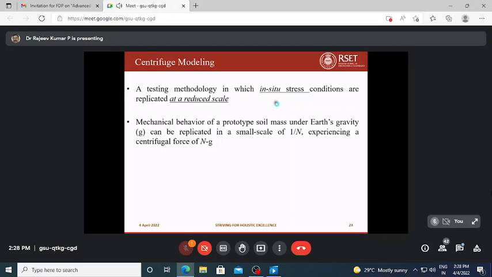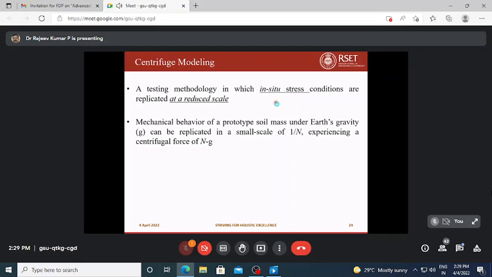I mentioned permeability. You can simulate even earthquake conditions, which were also simulated in the geotechnical centrifuge elsewhere in the United States and other places. So the geotechnical centrifuge is a multi-purpose tool where you can even simulate a landslide. You have seen in one of the previous videos they were simulating the landslide of a model. So there are different possibilities available in the geotechnical centrifuge.